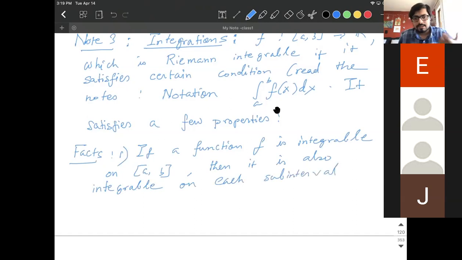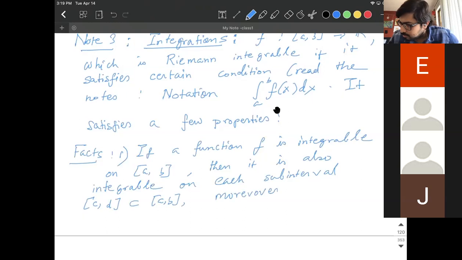You take any subinterval c, d inside a, b. And moreover, what is